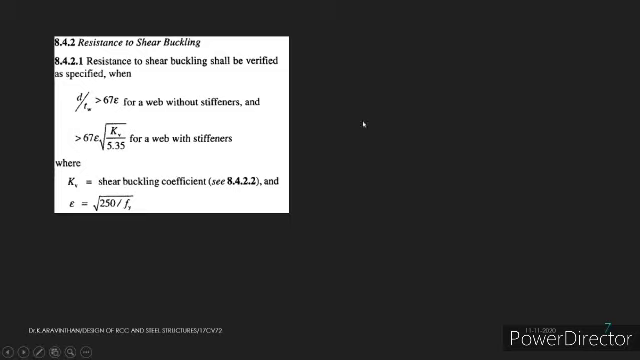shear buckling consideration. In IS 800, clause 8.4.2, resistance to shear buckling, the web depth by thickness should be less than 67 epsilon for a web without stiffeners. Right now our design aim is to design a girder without stiffeners. If you are designing with web stiffeners, you can go for another condition. Henceforth we are going for the